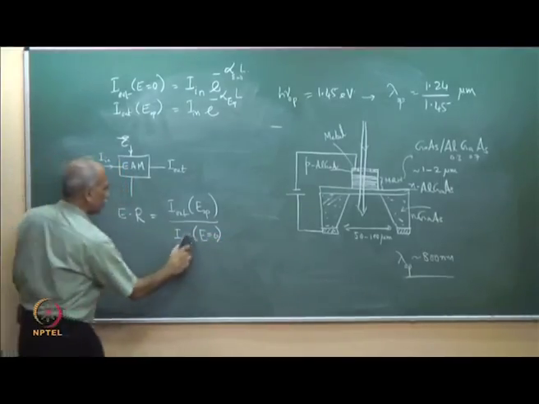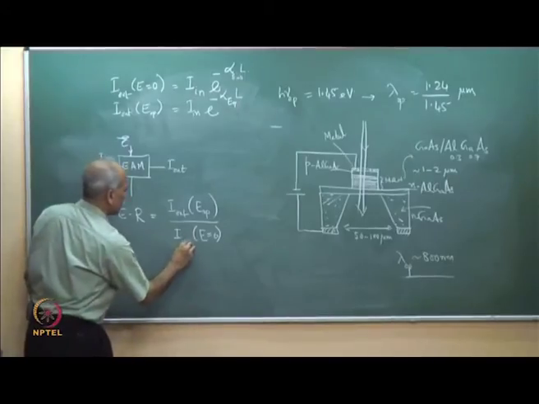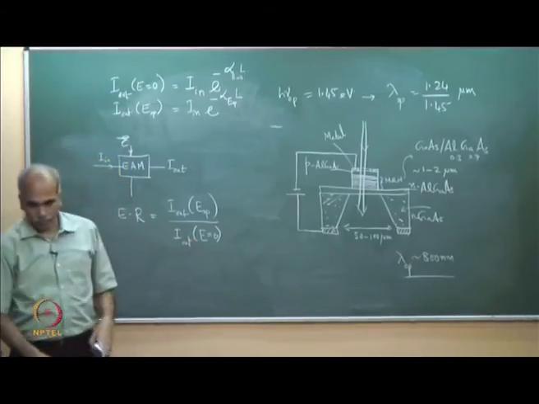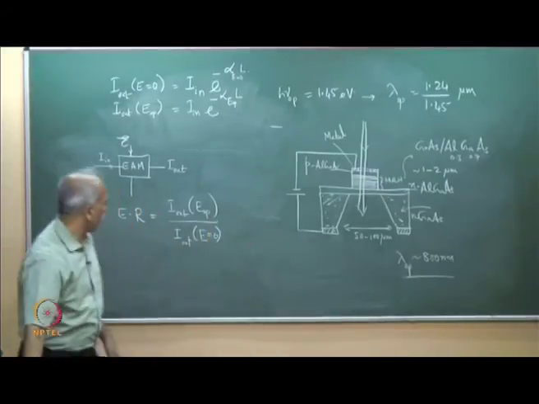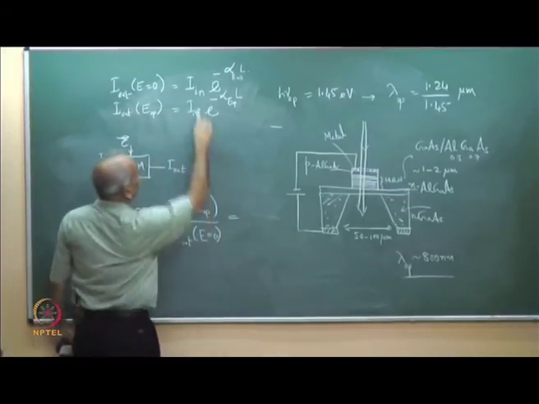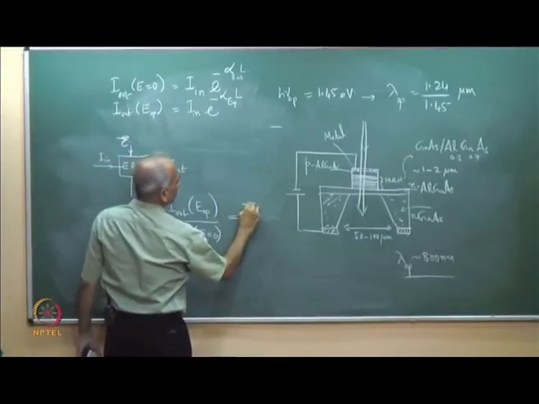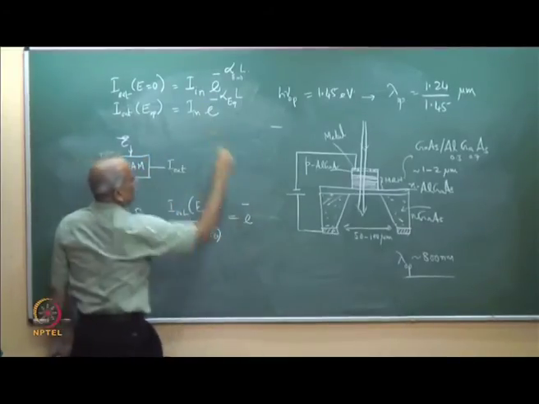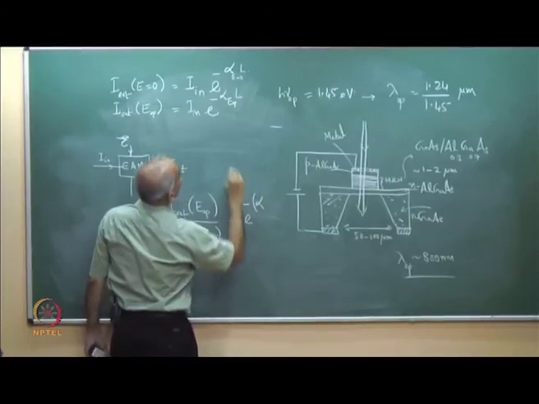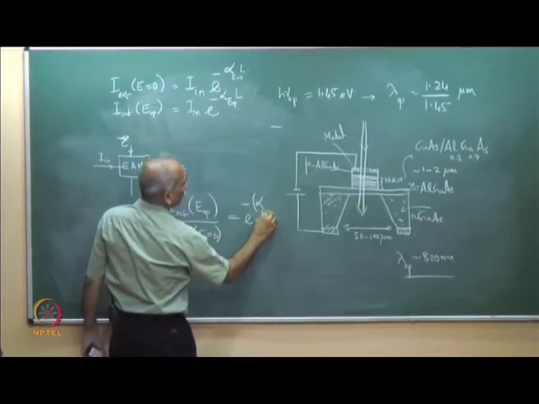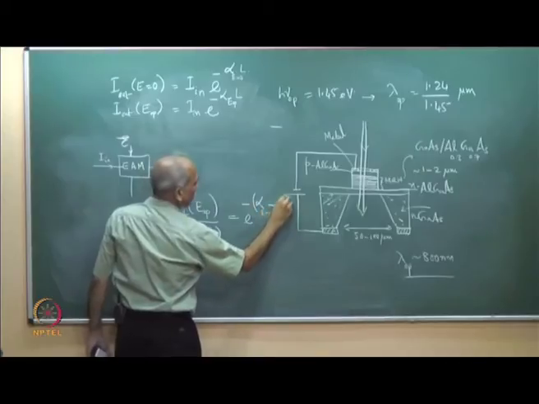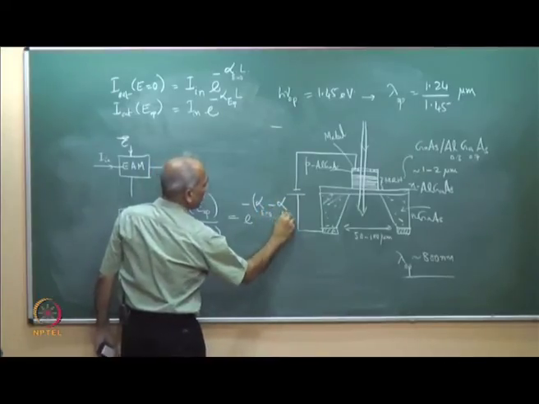So, this is the extinction ratio, and that is equal to, I in cancels, so we have e to the power minus alpha with E equal to 0 minus alpha with E operating